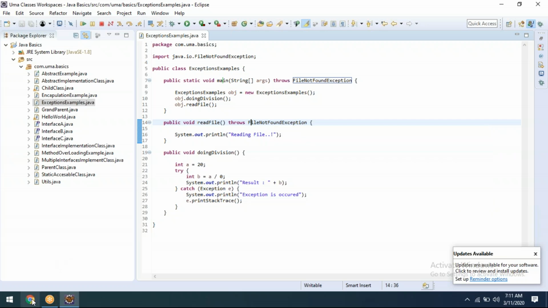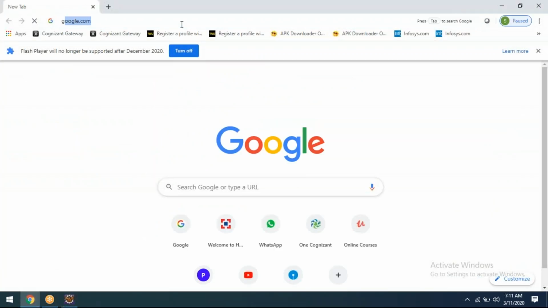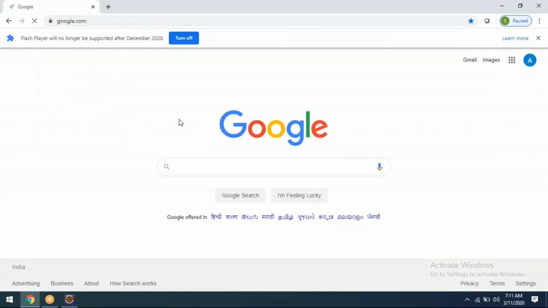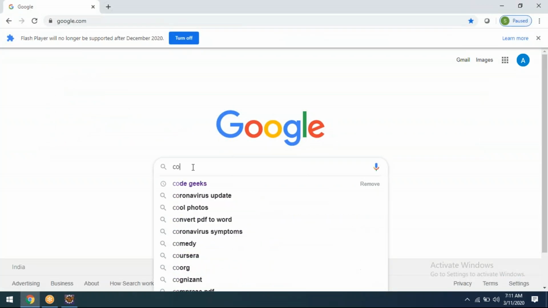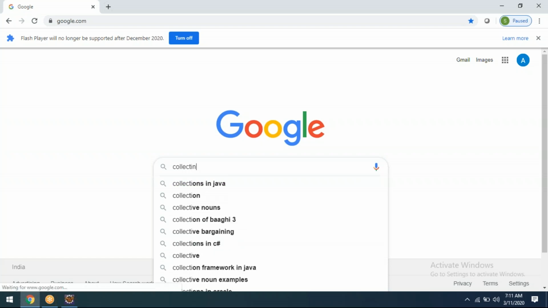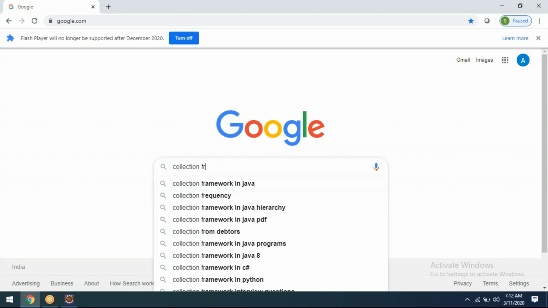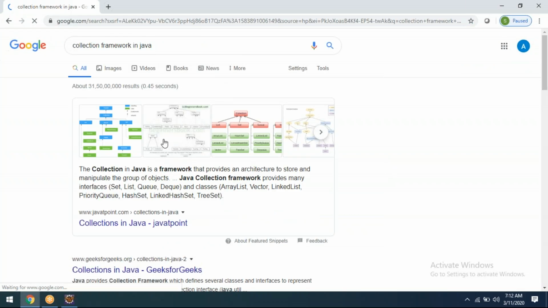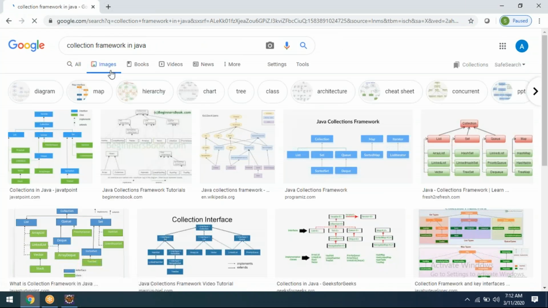Now, let's go to Google. I'll show one thing. Search for collection framework in Java. Now I'm going with images.